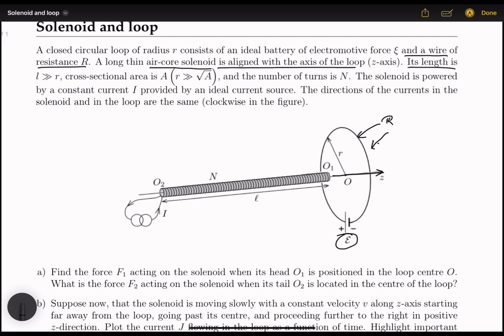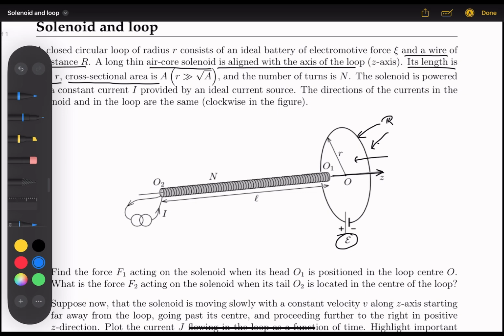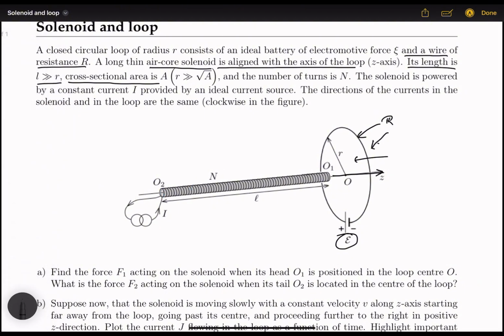Its length is L, which is very, very great as compared to the radius of the circular loop, and its cross-sectional area is A. And A, as compared to the area of the loop, is very, very small. So they're talking about this cross-sectional area right there, right? So the area of the solenoid is, let's say, negligible in terms of the variations of the magnetic field inside of it. So that is going to help us make very reasonable approximations later on. The fact that the solenoid is very thin, meaning that its cross-sectional area is